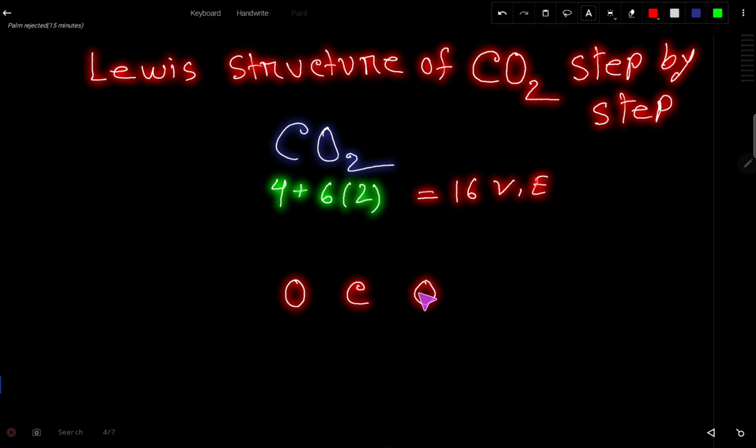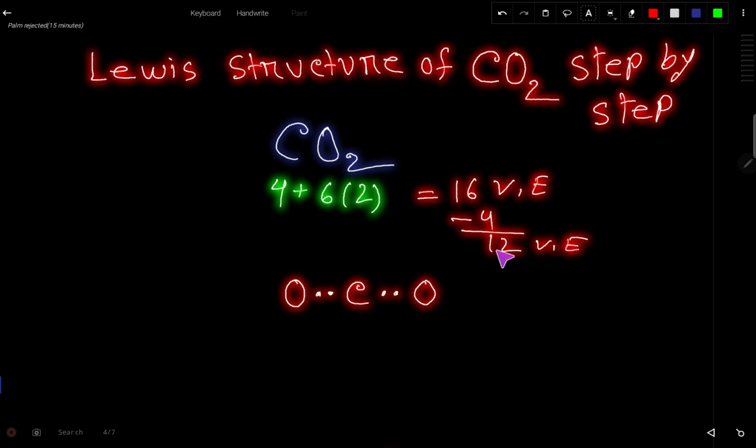So to connect this atom and this atom, we need one bond. One bond means 2 dots, right? These dots will be shared by 2 atoms equally, for understanding the Lewis structure. So out of 16 we have used 4, so we have 12 valence electrons left, and these 12 valence electrons